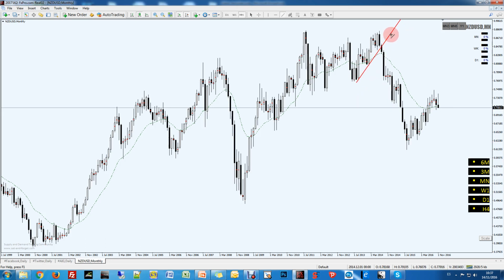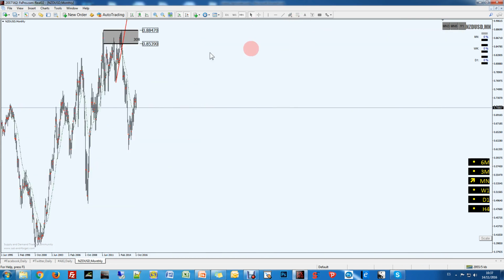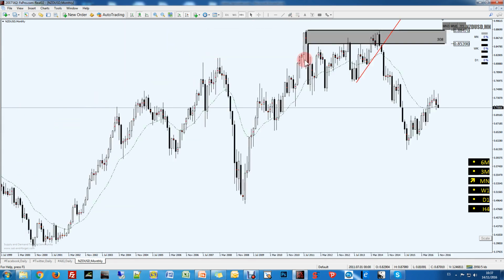This is two valleys, this one and this one. This is the all-time highs. So this is supply by itself. Why? Because there is nothing else above price. So it has to be supply. Okay, this over here,